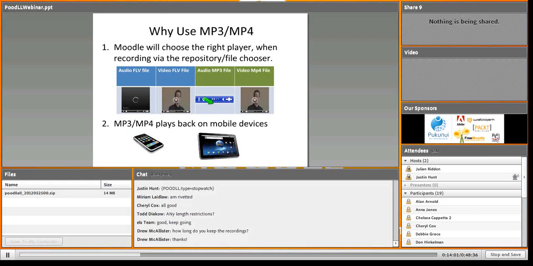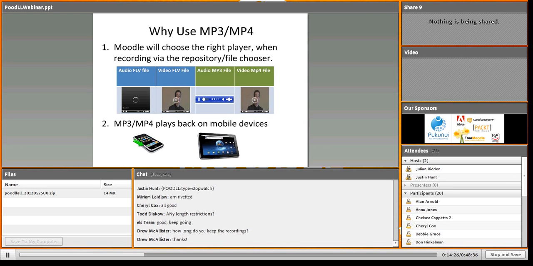If we record to MP3 or MP4, one of the big benefits of that is that your recording will play back on mobile devices. So if you're a content creator and you record an audio file into MP3, or you record that audio file into MP4, that'll play back nicely on a tablet, an Android tablet, or an iPad, or one of these mobile phone devices.